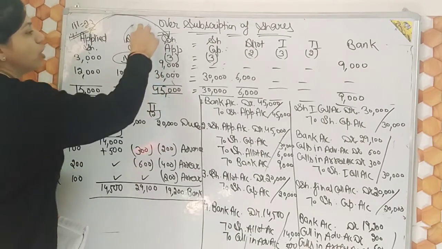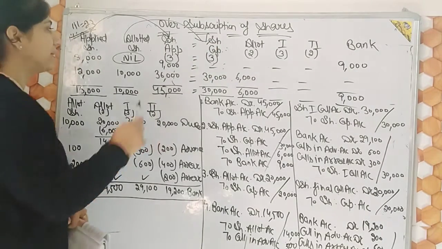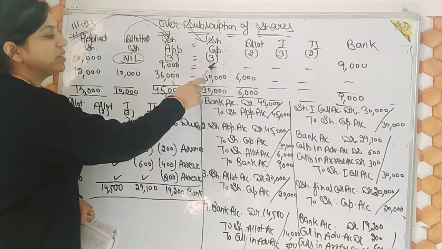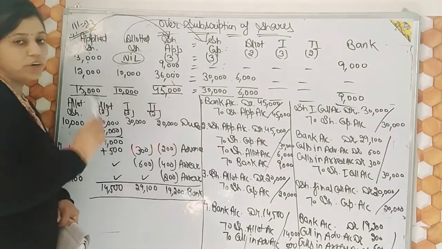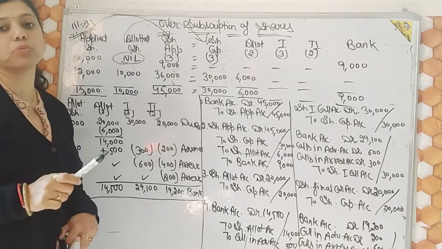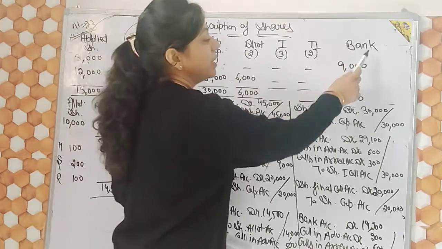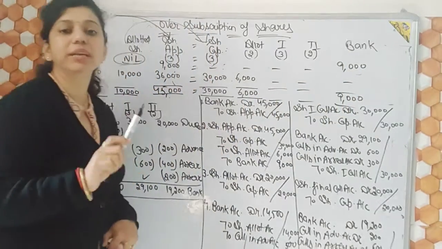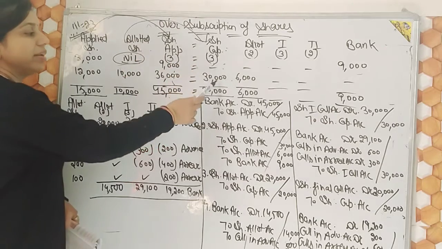Now, first step as I told you, applied shares multiply with application. Second step, allotted shares multiply with capital. Like 0 multiply with 3, that means 0. And keep it in mind, the shareholders who did not get any share, their money should be returned through bank. That means 9,000 should be written in the bank column because it will be returned. And 10,000 multiply 3, 30,000.